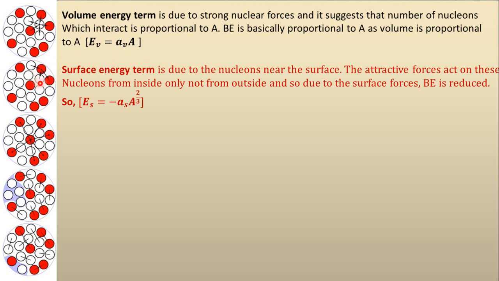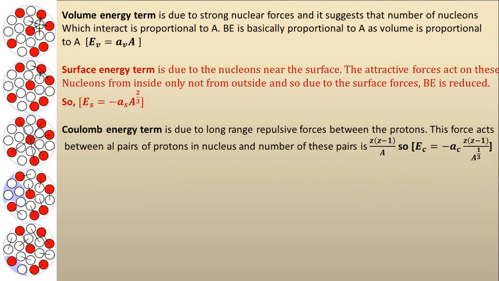So we can say the binding energy, we assumed that E_V is basically E_V = a_V A, is reduced due to the nucleons present at the surface, and this reduction will be minus a_S A to the power 2/3. Because we are talking about surface energy, and surface area is 4πr² if we are talking about a nucleus having radius r, and you know r = r₀ A^(1/3). So your r² will be A^(2/3), and from there this A^(2/3) comes into the picture. So the reduction in binding energy due to the surface energy will be a_S A^(2/3). Okay, let's move further.